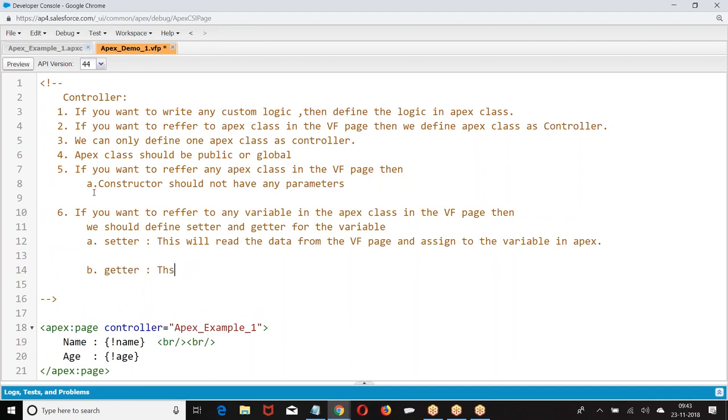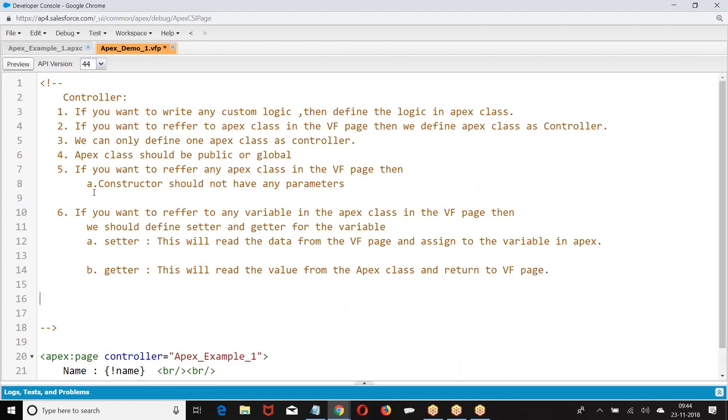This will read the value from the class. So if you want to refer to any variable, we should have setter and getter.